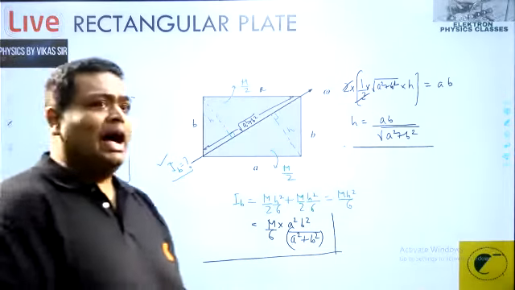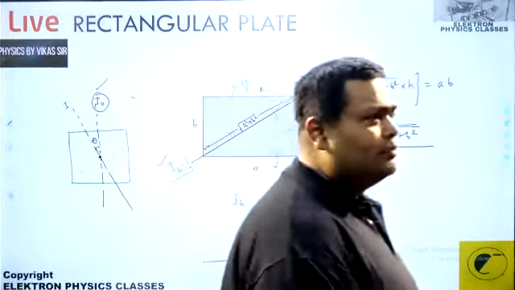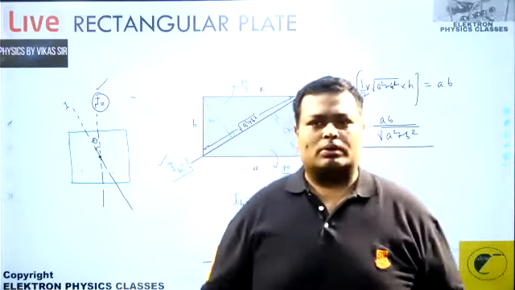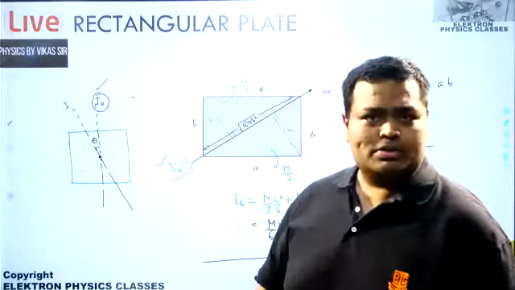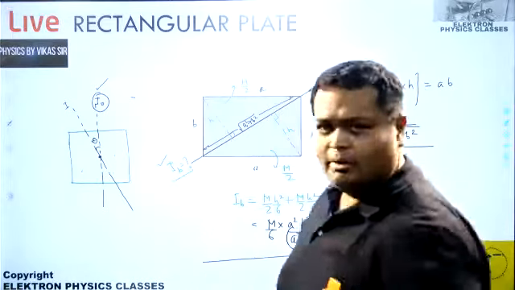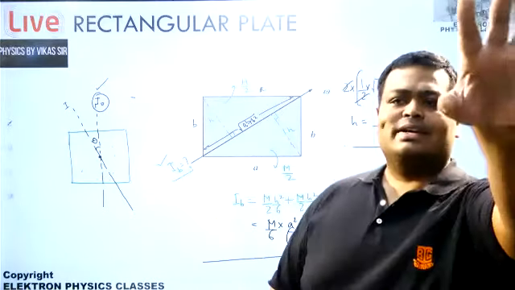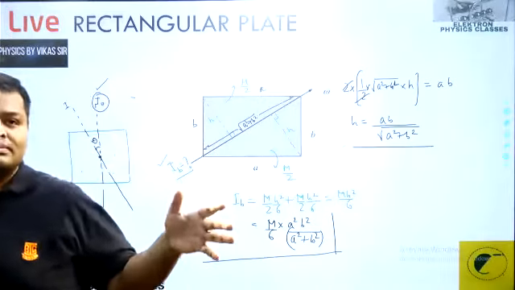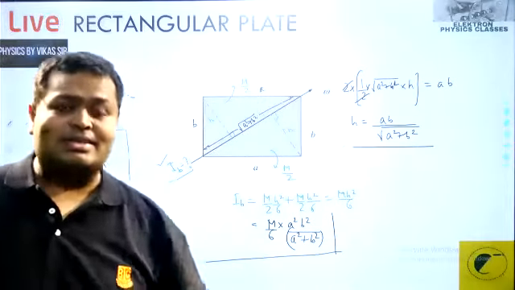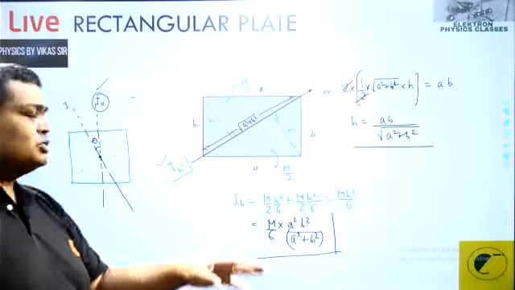And the options are I naught sine theta, I naught cos theta, I naught sine square theta, and I naught. Repeating again, I naught sine theta, I naught cos theta. Are you going to resolve it? Is it a vector, my dear? Moment of inertia is a scalar, first of all. So don't ever try that. It's a scalar quantity, so don't try resolving that.